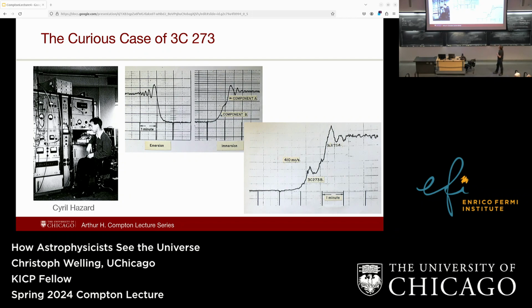You can see there's this little bump here, and there's also this more pronounced bump here. And from this feature, he could conclude that actually this was not just a single source, but there have to be 2 sources that were a little bit apart. So this bump here is from the moon moving past the first part of the source, and then a little later it gives room to the other source. And this way he could determine the position of this radio star much better.